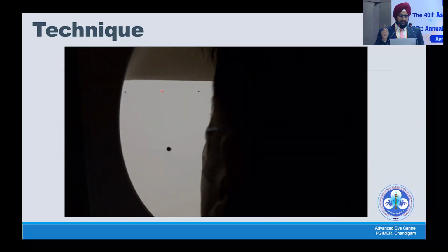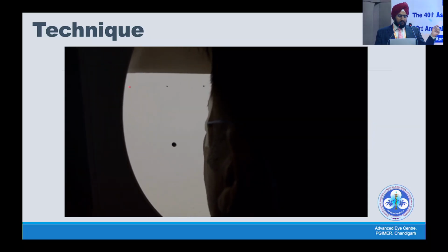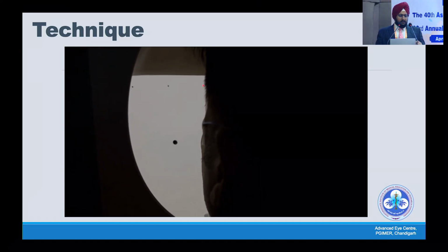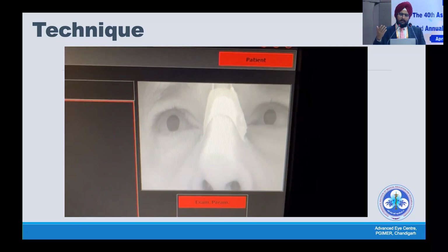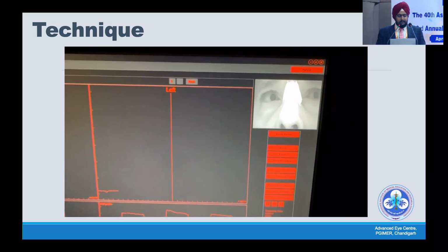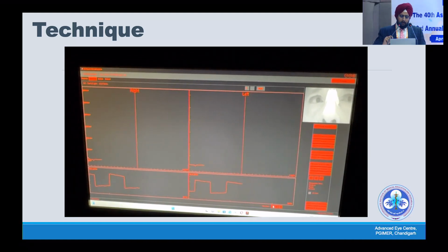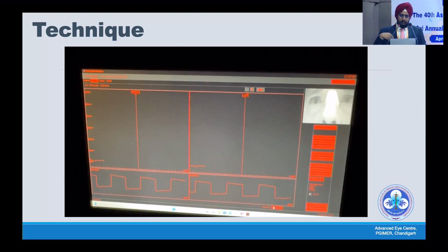So these are 3 lights that you can see. The red light that is there in the center changes between 15 degrees to either side, right and left, and you can see that red light flashing. And similarly, the patient has to be instructed to follow the red light when it is shifting, and to shift only when the light shifts. So accordingly, you are seeing the voltage potentials that are recorded each time the movement takes place,